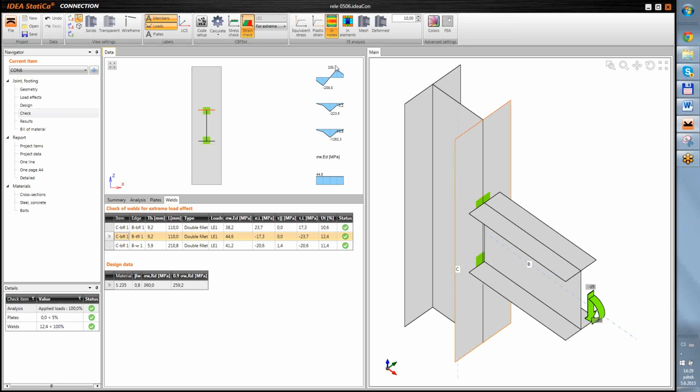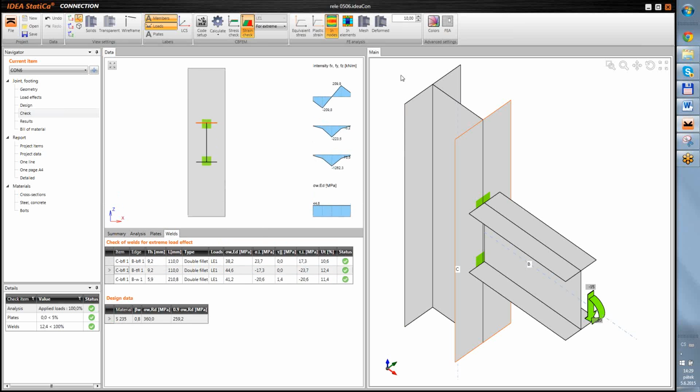But what is new is that there are diagrams with internal forces which are in the weld, and there are 3 pictures of intensity, in which direction it's going. This direction, so these 3 diagrams,